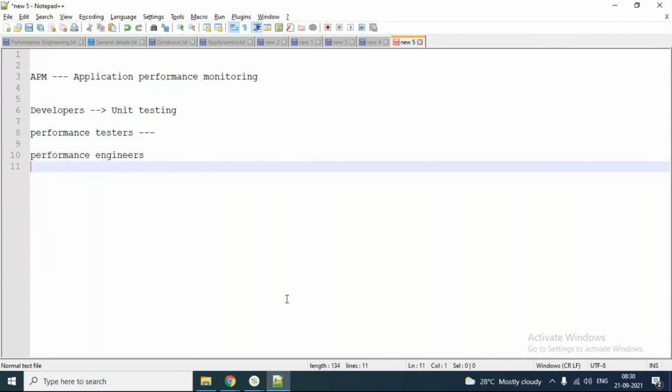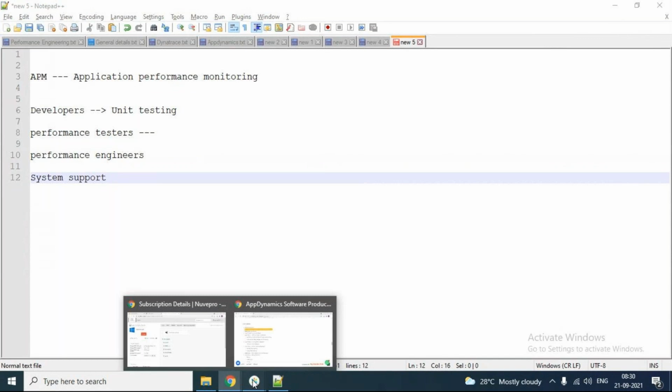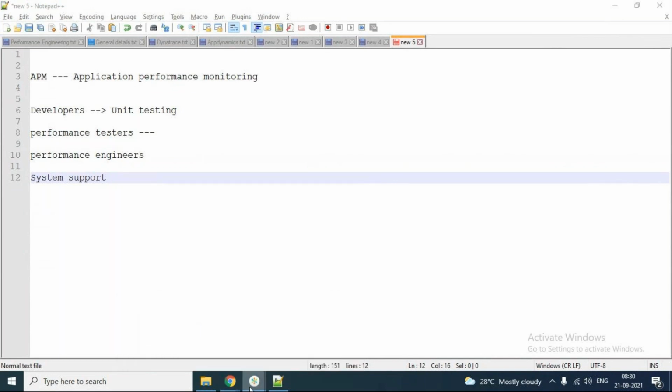And then system support engineers. Currently, system support engineers sit and observe what is happening in the machine.